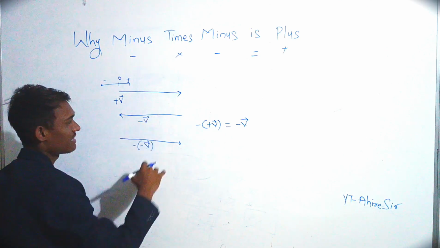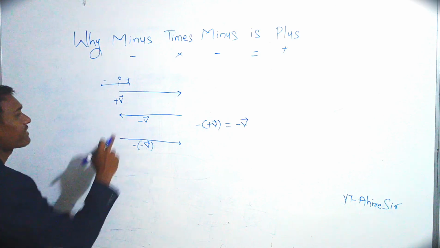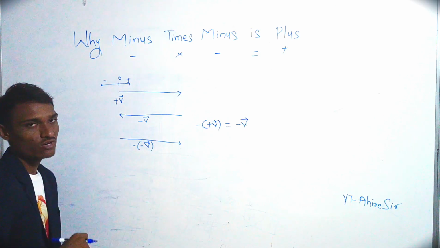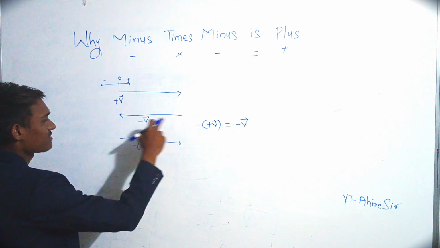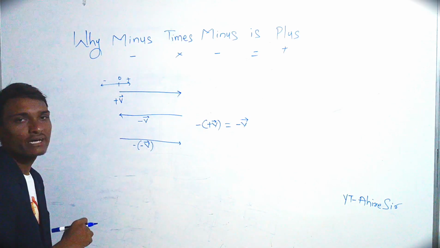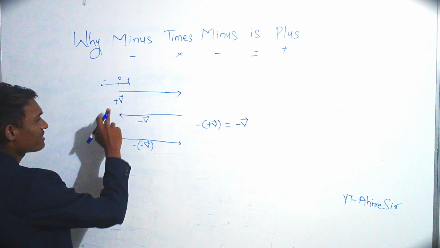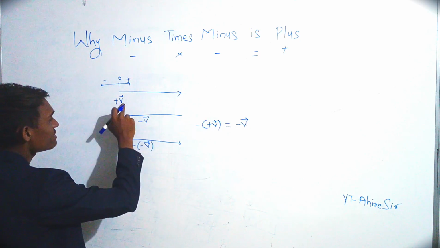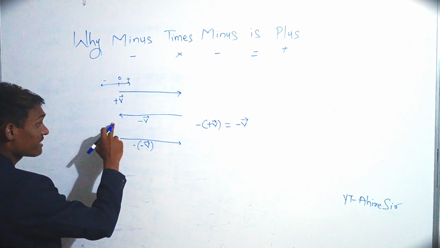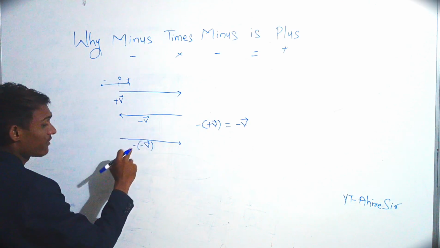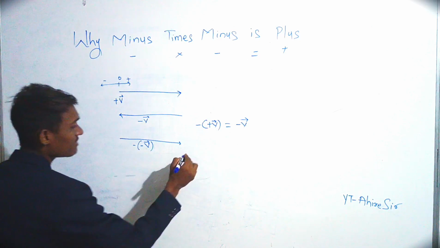Just focus on these images. The first line has the positive v. On the next, the magnitude is the same, only the direction is opposite. So we are able to say that we take a negative of a positive v. Once we take a negative of a negative v, we get